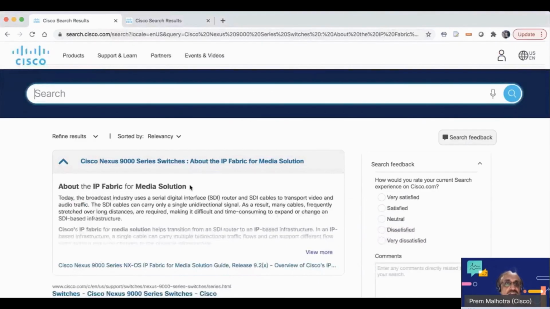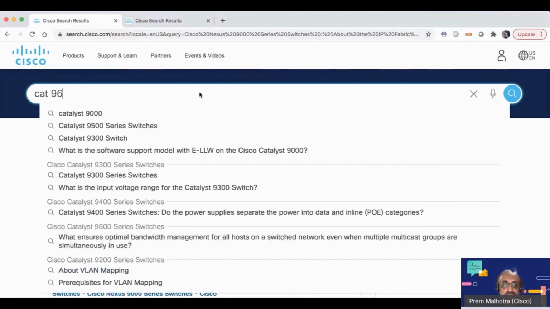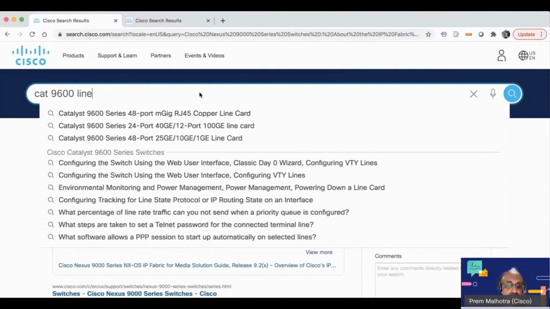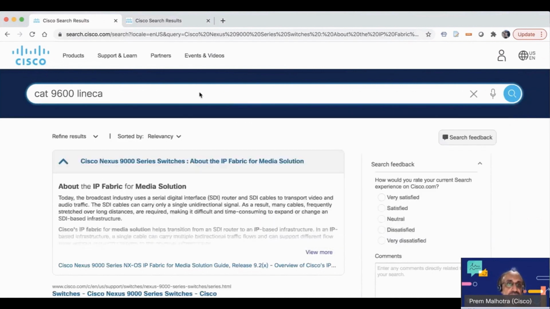So what you see here is two panes in the browser. The left one is the new search, and the right one is the old one that is used for comparison. I'll just do one example of a scenario where a customer is looking for information and see what happens. It turns out that CAD 9600 is a popular product,